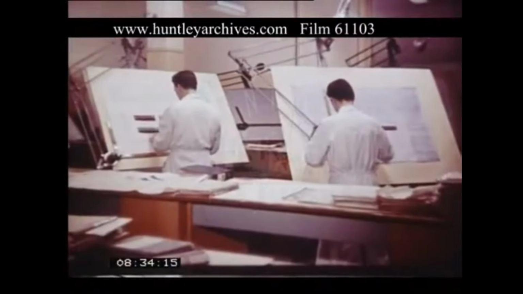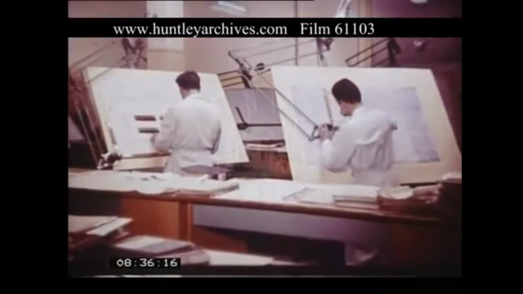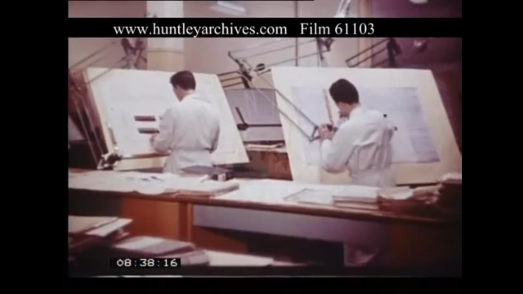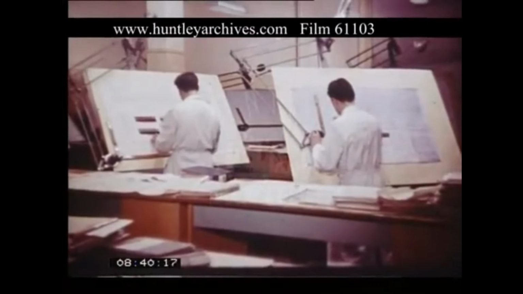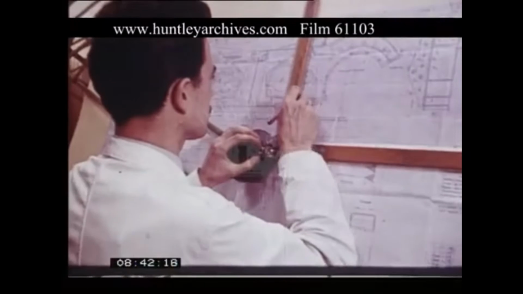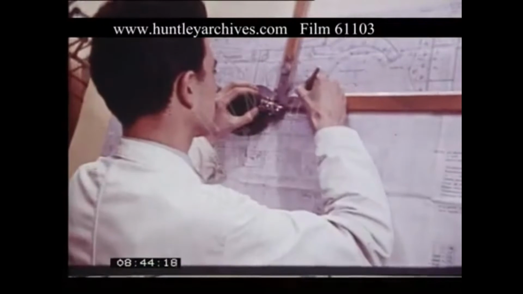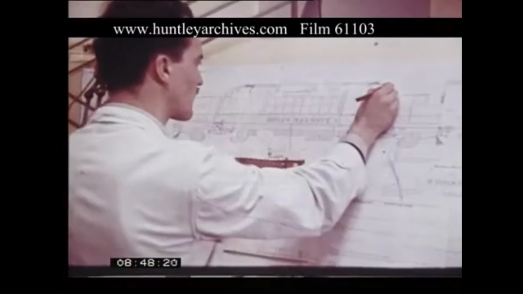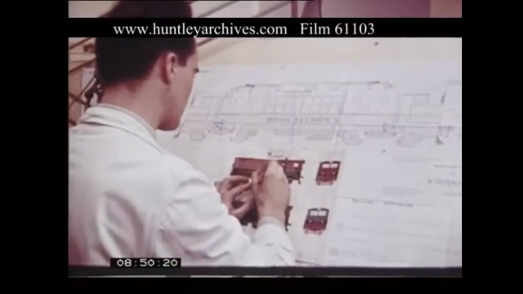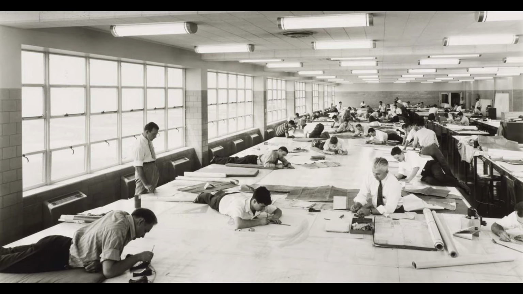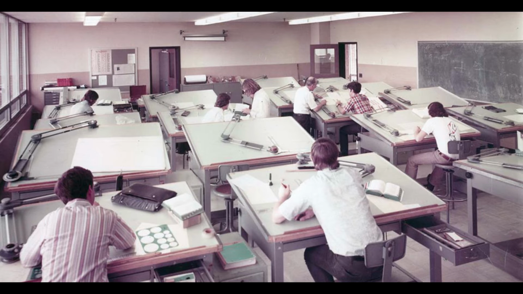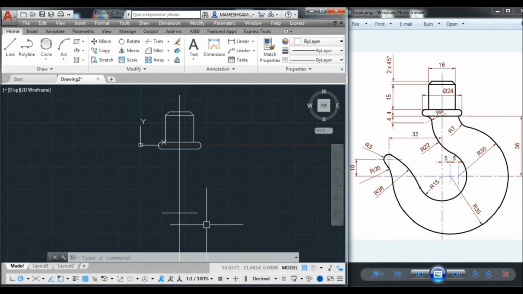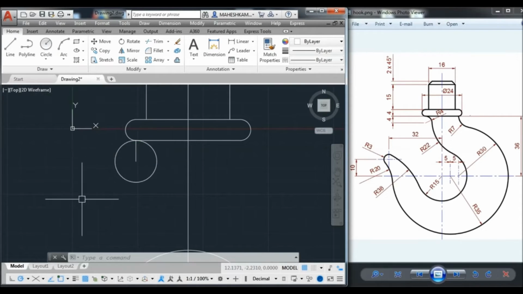Before drafting software, engineering drawings were made on sheets of large paper using drawing boards. Many types of equipment were required to complete a given drawing, such as drawing board, different grades of pencils, erasers, T-squares, Z-square, etc. It was a very tedious process that needed long times, and sometimes errors would necessitate the drafter to start all over again. Now a detailed drawing can be drawn within minutes and mistakes can be easily corrected with